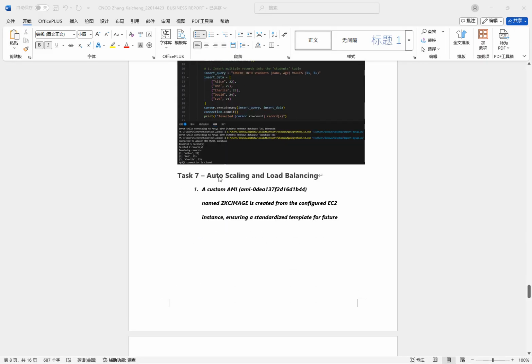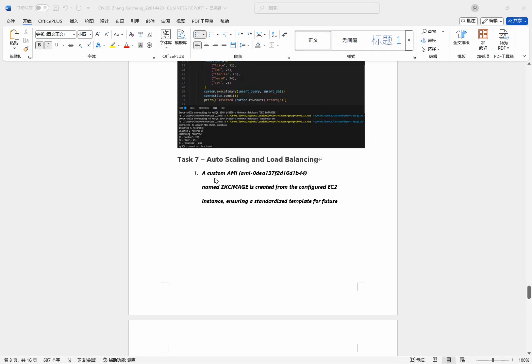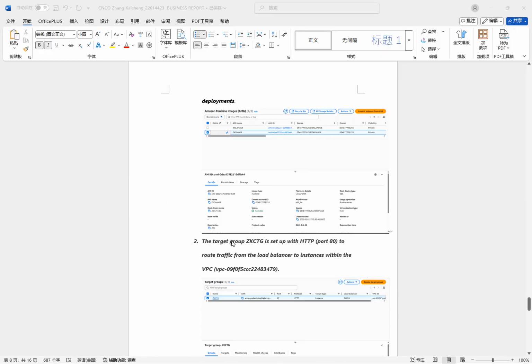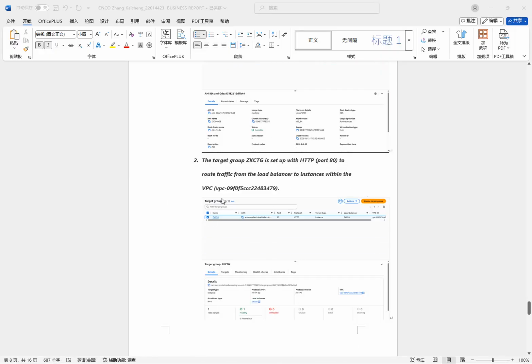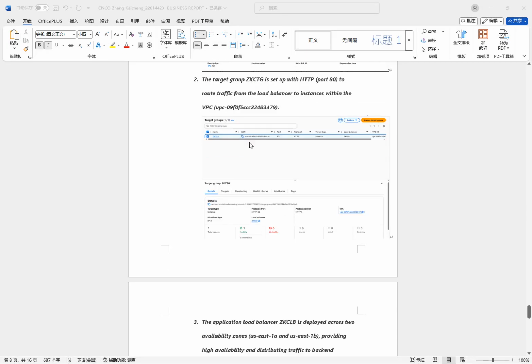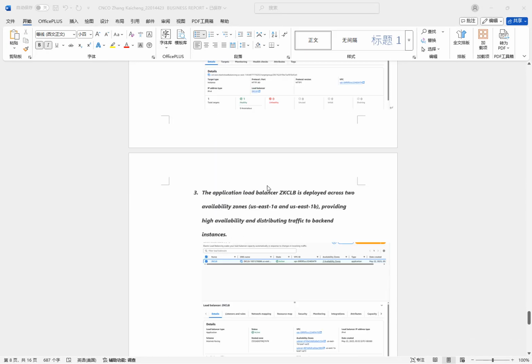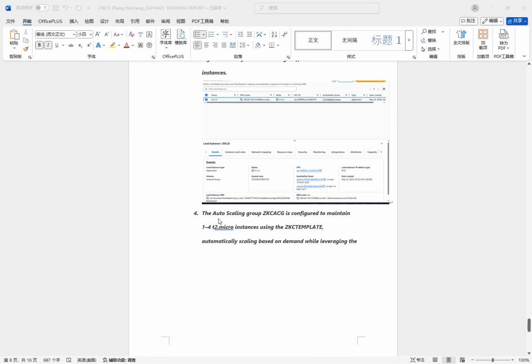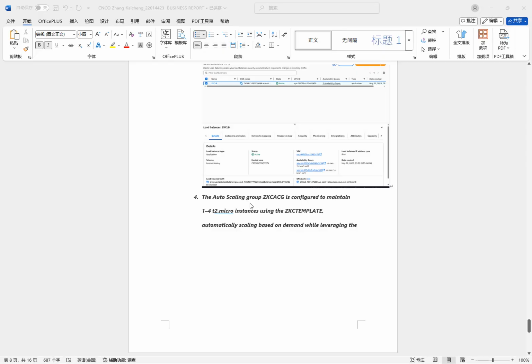And task 7, load balancing. So I created an AMI named ZKC image, and the target group is this one, named ZKCTG, and the load balancer provides high availability and distributes traffic to the backend instances, and the auto scaling groups